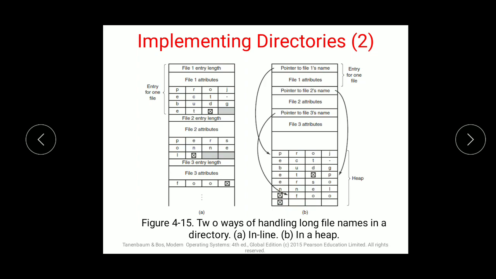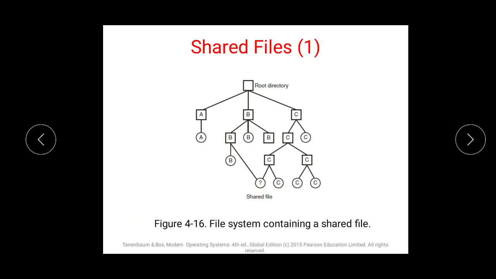Then the next topic here is shared files. So what does shared file mean? Sharing means dividing. No, it's not dividing. Sharing means accessing in multiple ways according to our convenience. While working on a common task, many people need to share their files. So if 3 to 4 people are working on the same task, they need the same access to the file, and at that time you do sharing of files.